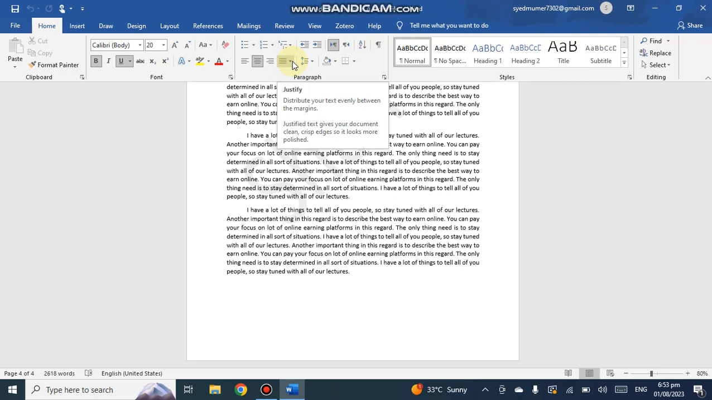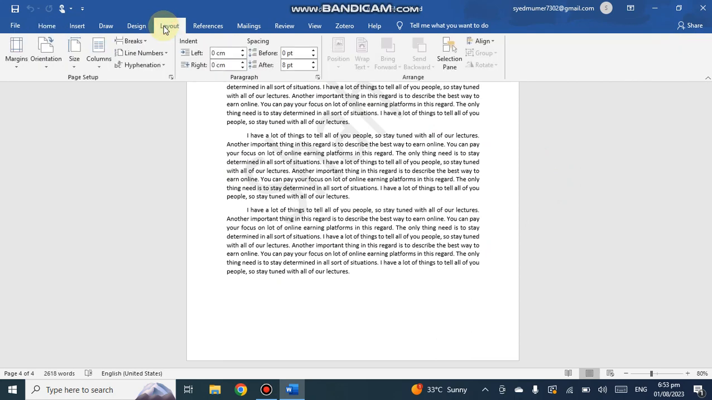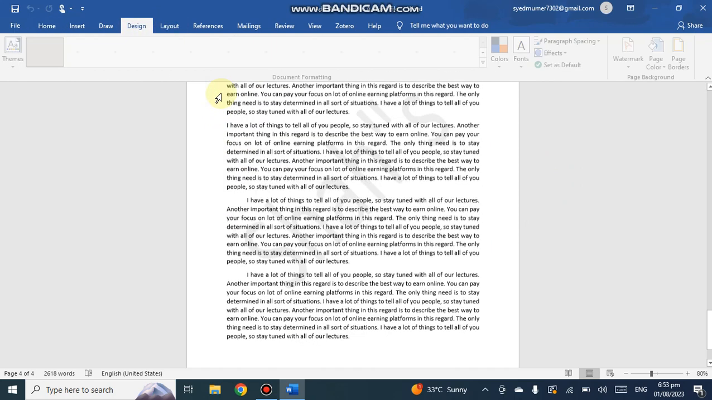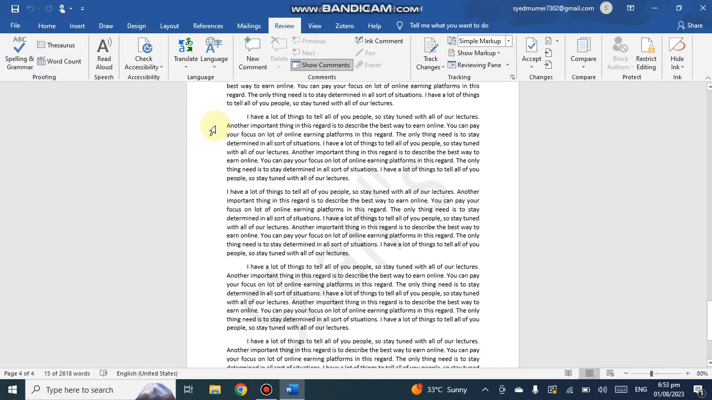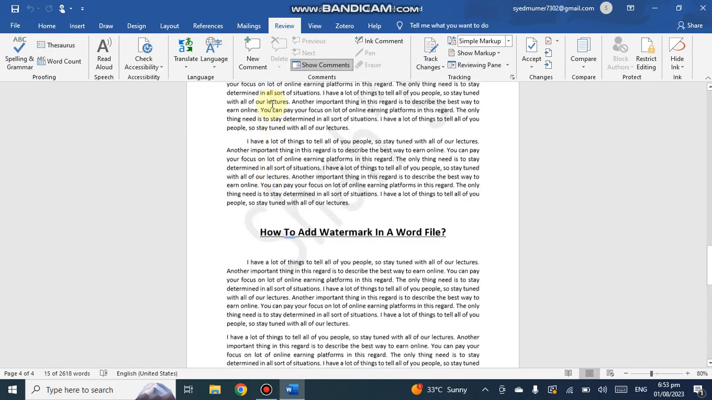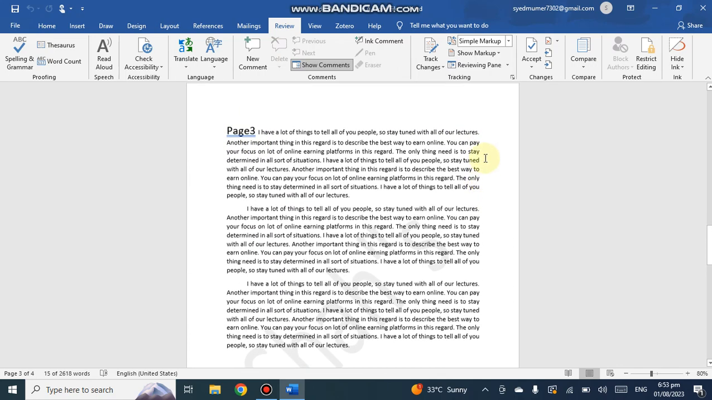I want to change the orientation from portrait to landscape. So what will you do? You will come in the section layout. After layout, first of all, you will click on the page you want to change. For example, if I want to change page 3 orientation from portrait to landscape, then you will click on this